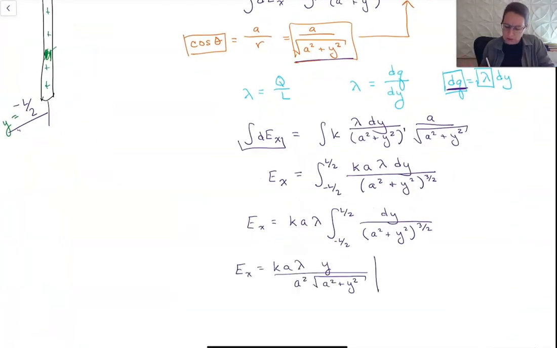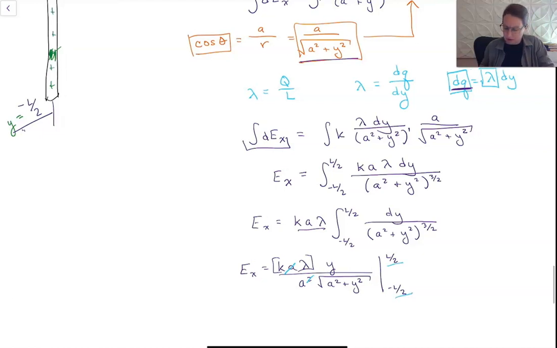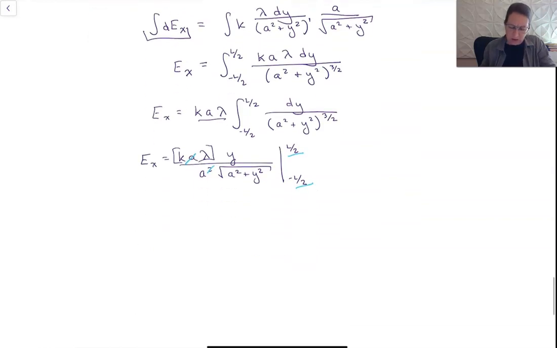So these are the constants that I carried right here. And then this is what I copied from Wolfram Alpha, but I've got to then take my limits of integration. I can do a little bit of simplification. Notice that this 1/a cancels there. And then I'm going to substitute these limits of integration in for my y values. So that is going to become E_x is equal to